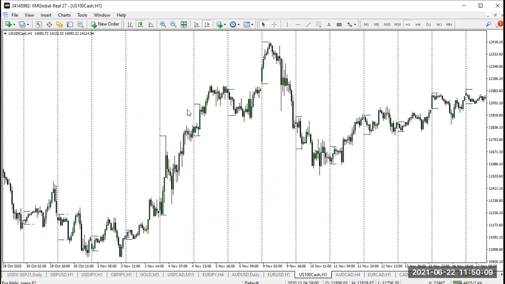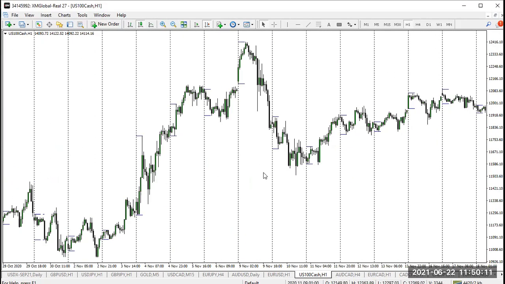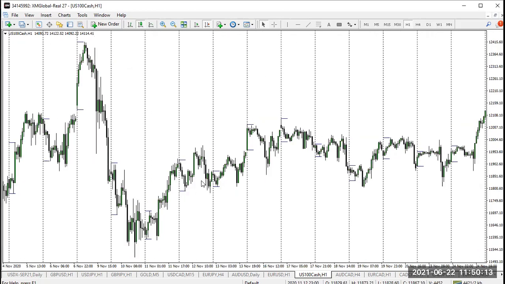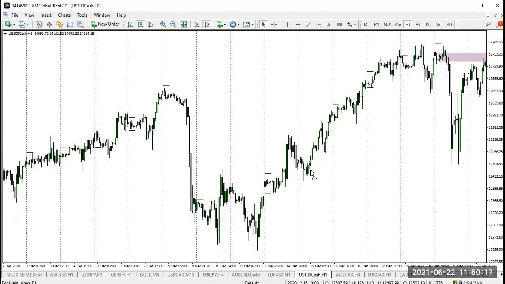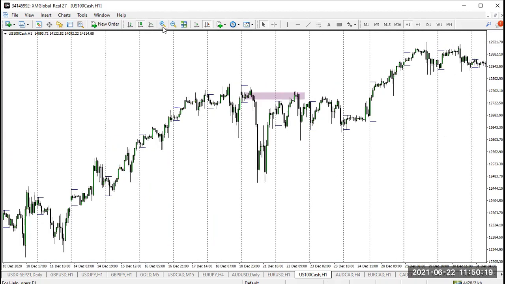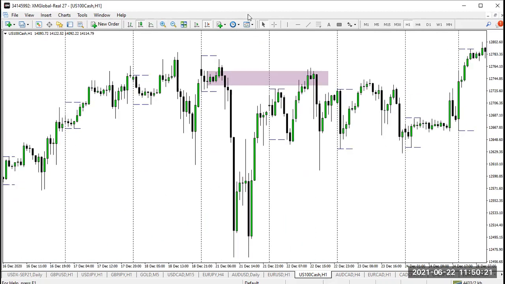I think you can see that I'm moving so fast because there are fewer mitigation blocks than breakers. There are a few. Another one here. High, low, fail to make a high, BMS, and this is your mitigation block. This one. And this was the reaction when they came back here.